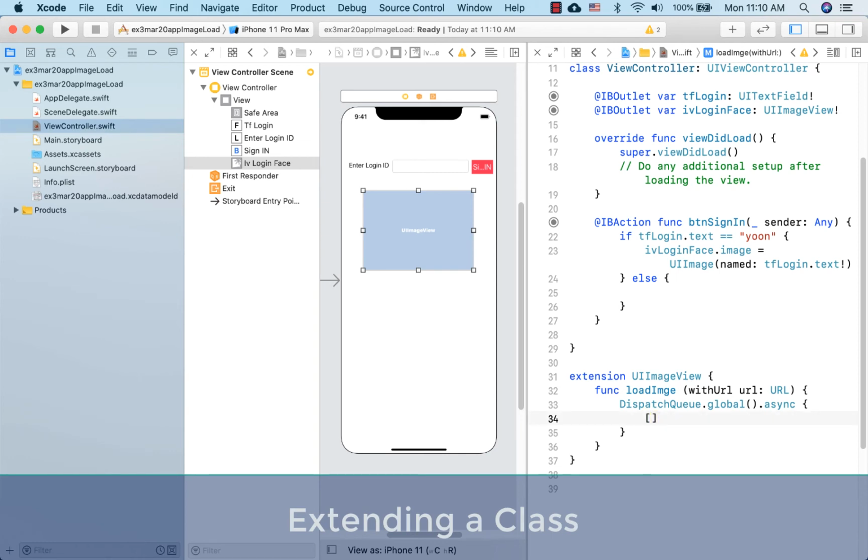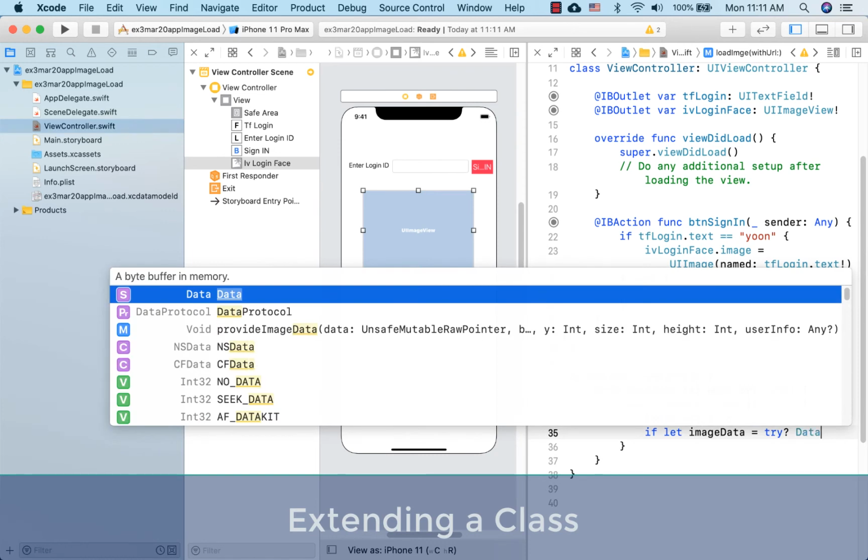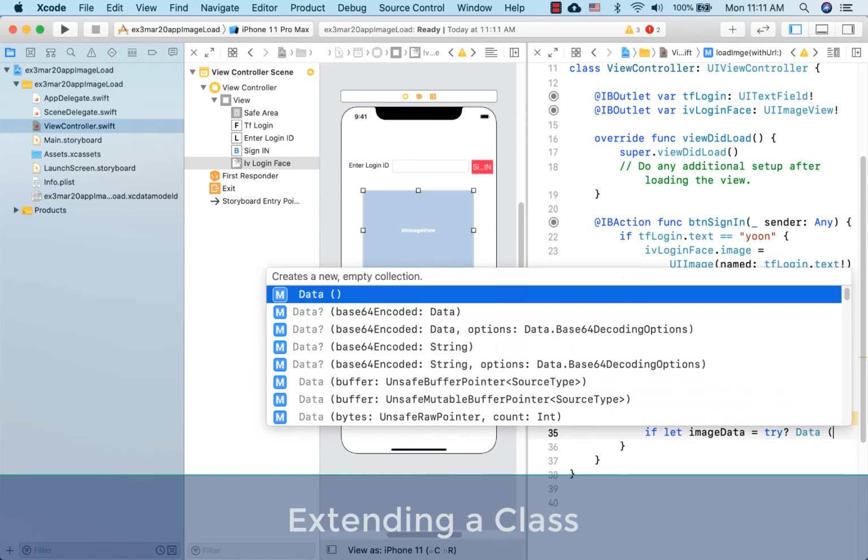So you simply type that in, and then you can say if let imageData. This is simply a local variable, and there's an exception, and the data should be the content